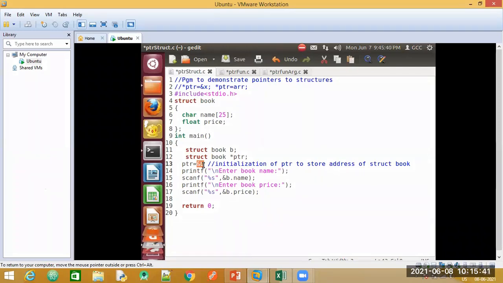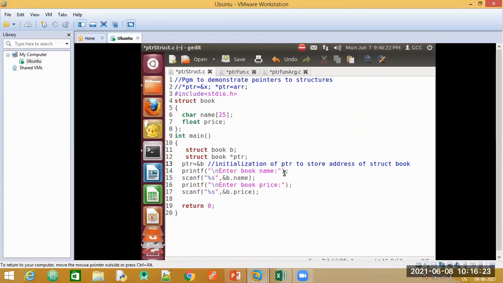Yes, ma'am. Others, how about others? Yes, ma'am. Now, after the initialization, you tell me the statement. Once more you tell me, PTR is a pointer. What is PTR storing? What does it mean and B? Storing the address of B, ma'am. Storing the address of B, correct. But what is B? B is a structure here, I've declared it as struct book, right? We usually would write int B, or you have written char B, but here we are talking about structures, or even you have written arrays. So here we are initializing our pointer variable.